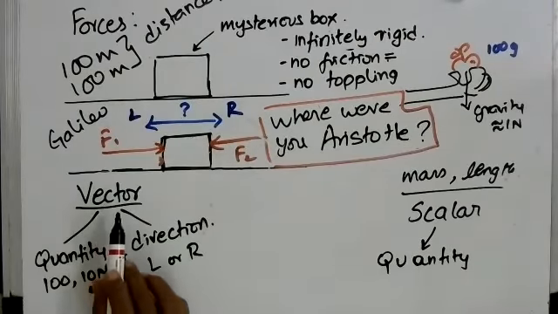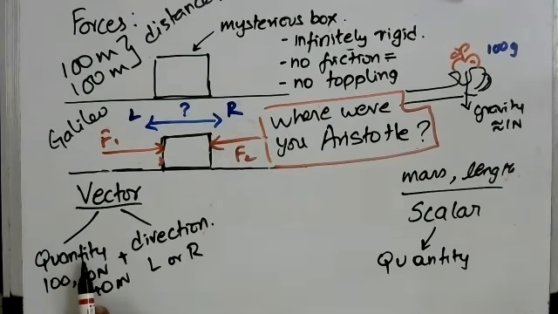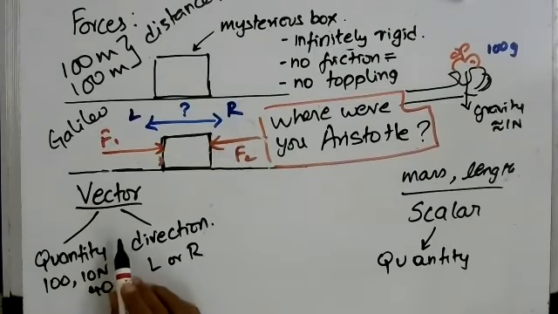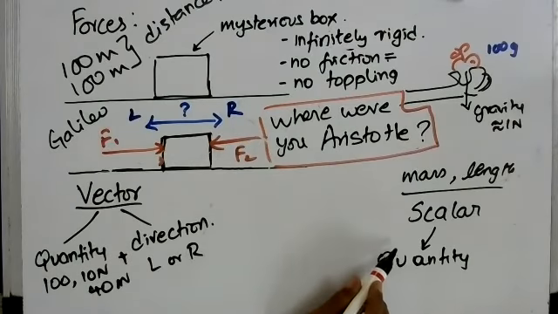So if you understood nothing except the fact that quantities are vector and scalar quantities: vector quantities are quantities in which you need both the quantity and the direction in order to predict something. That is known as a vector quantity. Where you do not need direction for predicting anything, you call it a scalar quantity. Okay, so that's it for today. If you have any doubts or questions, then you can raise.